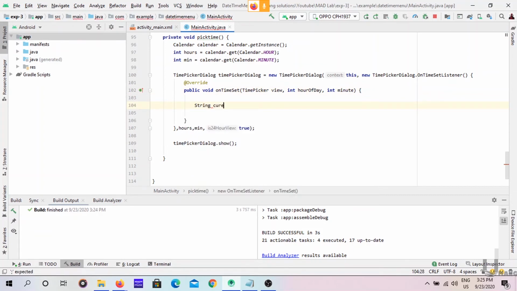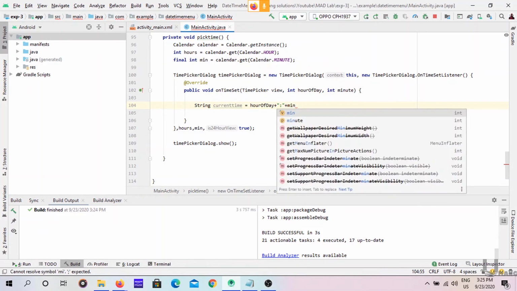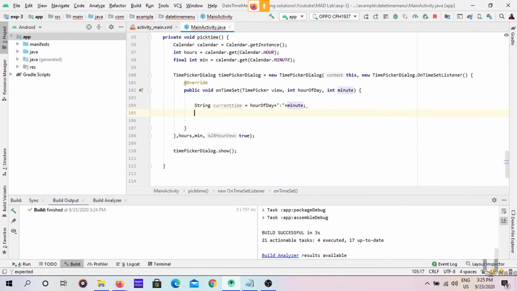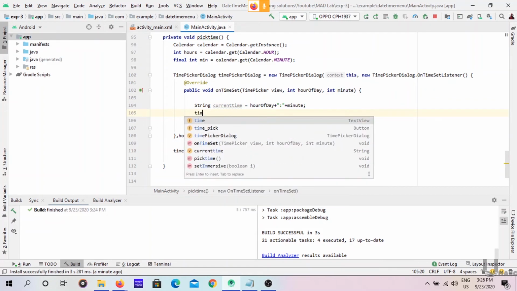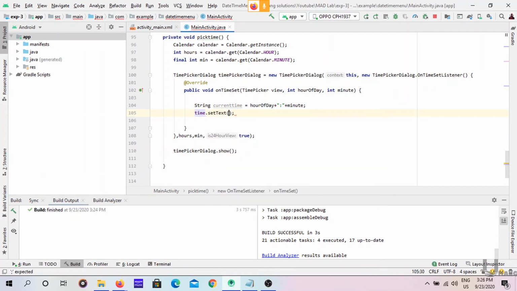String current time equal to hours plus, I will use this format, see here 3:25, this is the hours and this is the minutes. I will use this format, plus minutes. Now I will set this to the time text view. Time dot set text current time. Yeah, that's it.